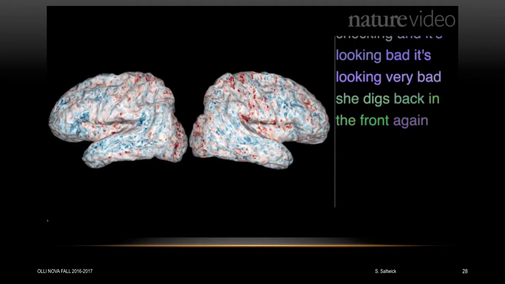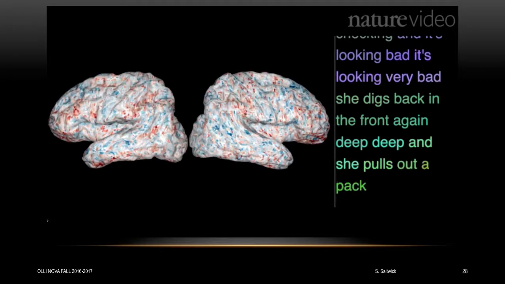Back in the front again, deep, deep, and she pulls out a pack of matches that have been laundered at